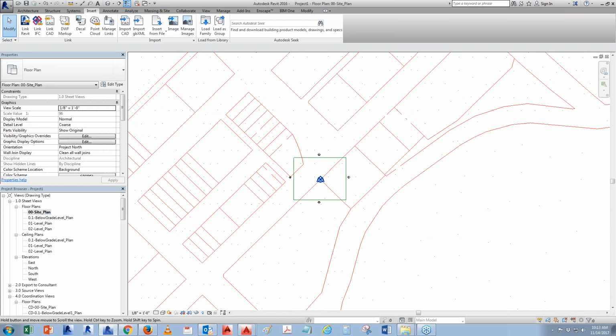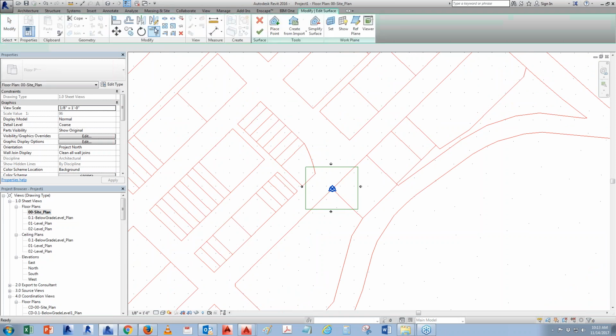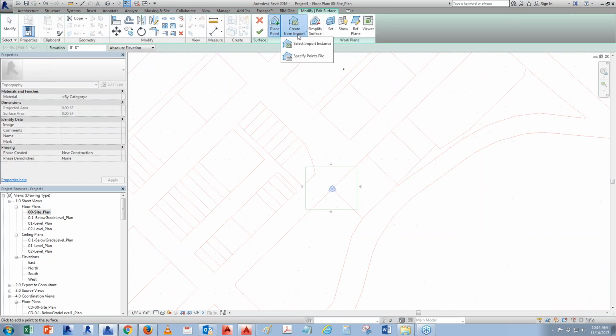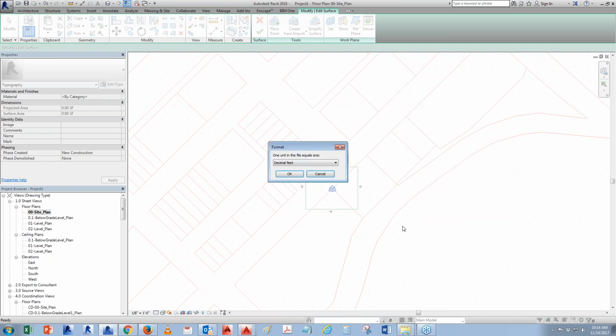So now once you import this in, the next thing you want to do is go to site, and go to topo surface. Now what you're going to do is go to specify points. Click on that. You notice that there is a CSV file that they're looking for, and choose the one with the Revit data, open CSV. And when you hit open, choose meters. Okay, when you hit OK,